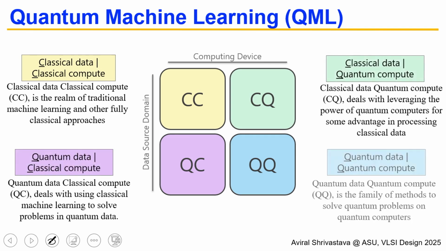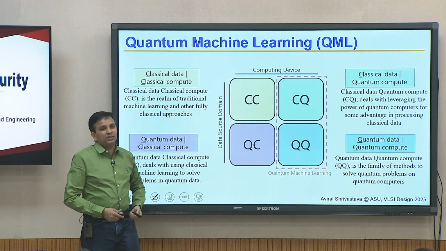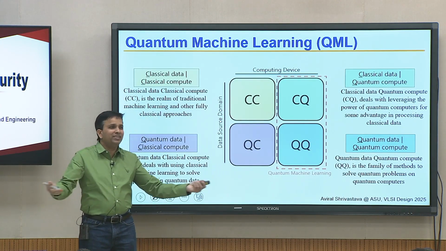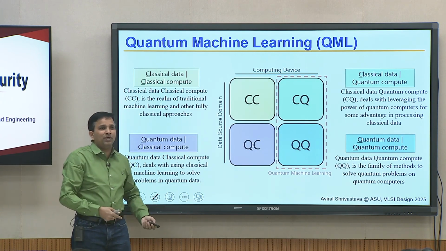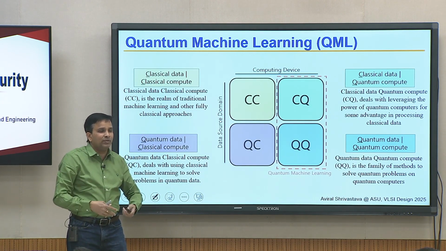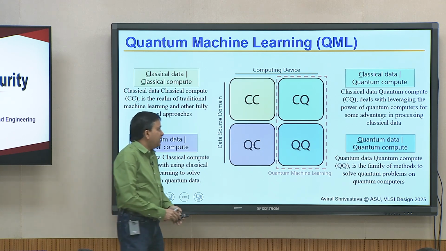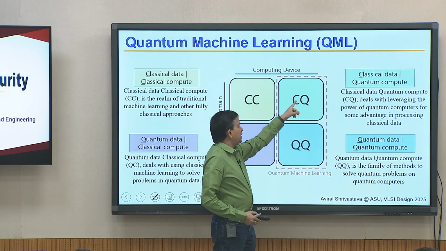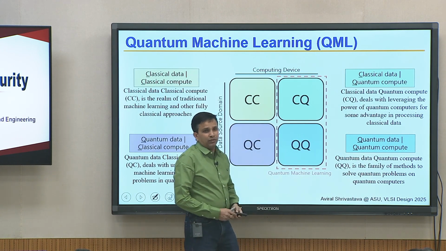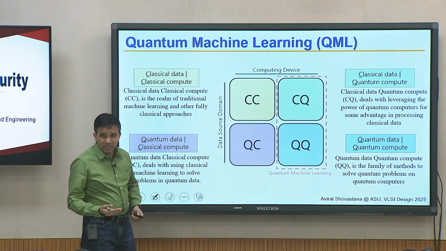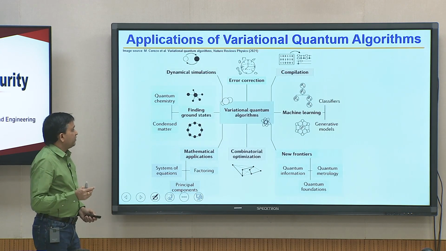And in today's world, when we say quantum machine learning, these 2 categories are kind of treated as quantum machine learning, because in this one we are taking quantum data, but still running on a classical computer. So, this is not considered anything quantum, the data just happens to be from quantum, who cares, right? It is some data, whether it is coming from a neural network or biological network or quantum computer, you are still doing classical computing, but here computing is quantum, either on classical data or on quantum data. That is known as quantum machine learning. Why is it called quantum machine learning? Wait for a few more minutes.